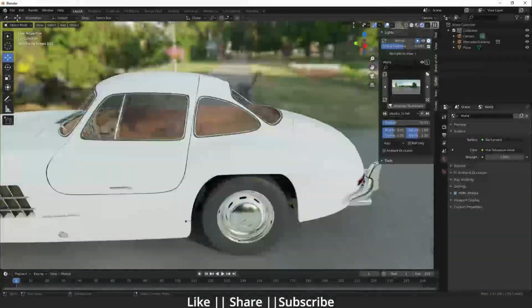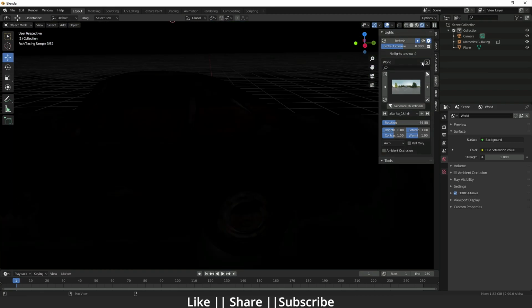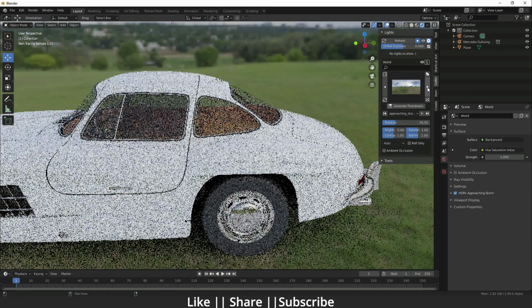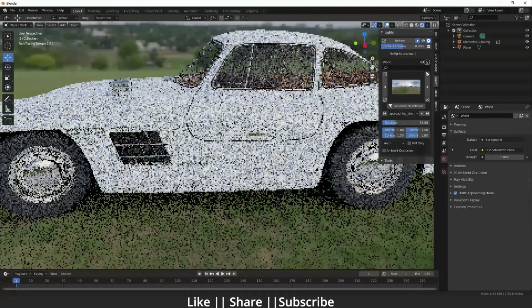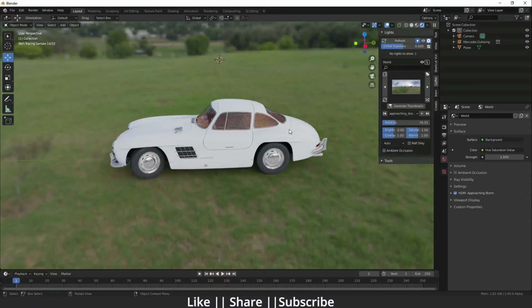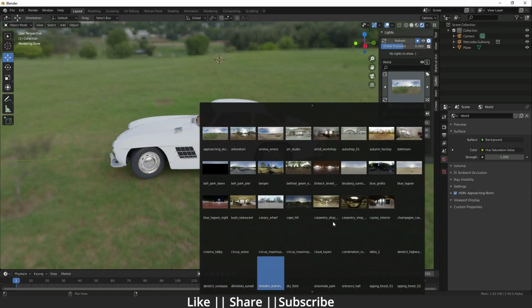Now I'm going to talk about that section. We can directly turn off that whole environment light from that I button. Okay guys, here we can change the HDRI in one click. In that Gaffer add-on they have lots of inbuilt HDRI. If I click that icon, you can see how many HDRI they have.